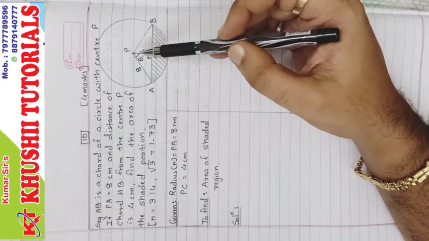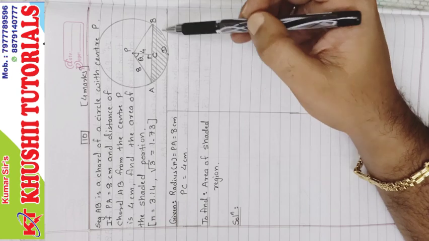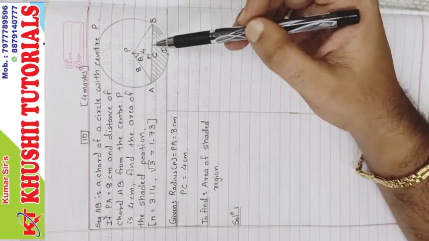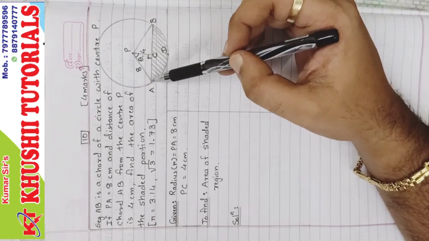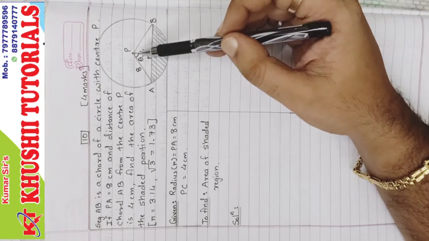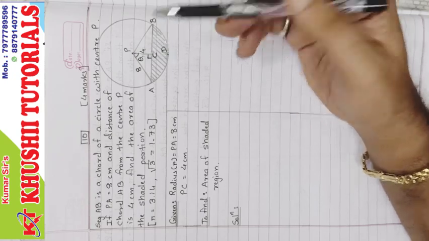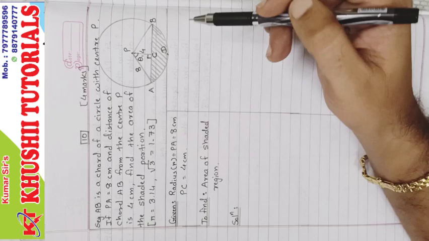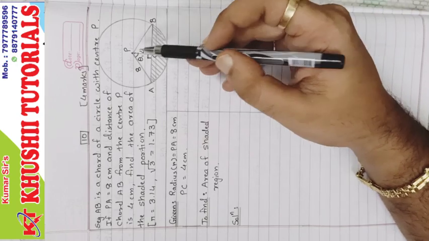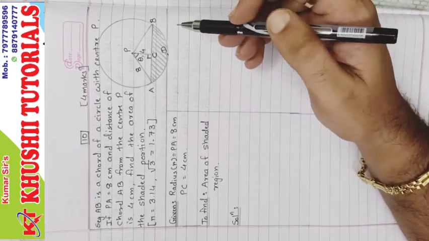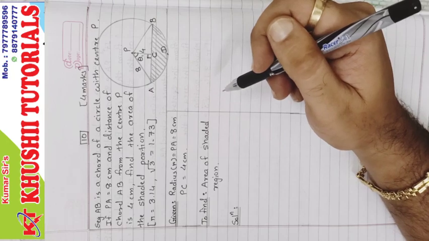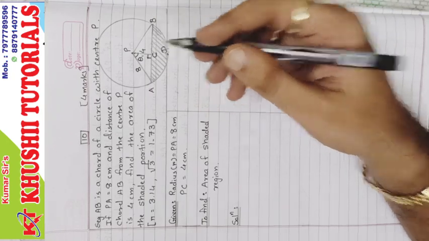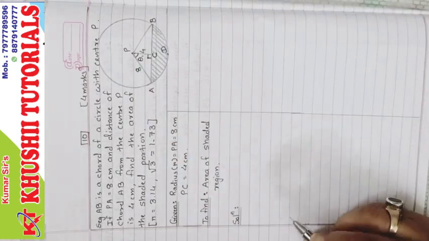Area of segment we know, area of sector minus area of triangle. Now every time whenever they ask segment, they give central angle theta. Here theta is not given. Then first of all we have to find the value of theta, and then only we can proceed with the sum. Now how to find theta? Let's start. That is the challenging thing.